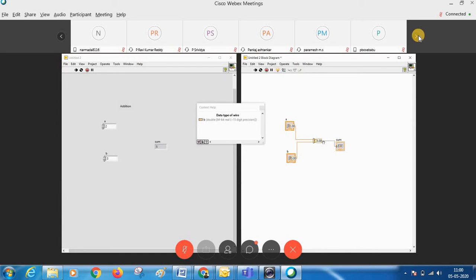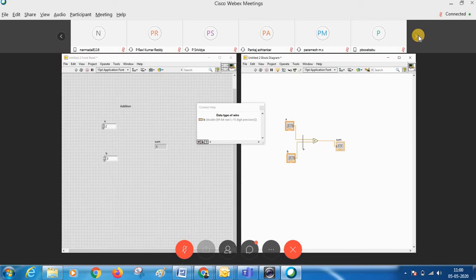And the second thought is about finding errors in a text-level language. Once you write the program, only then can you come to know what kind of errors are there. But here, while wiring your icons using the functions, once you find a mismatch, you'll automatically find the errors. Let's see how it works.